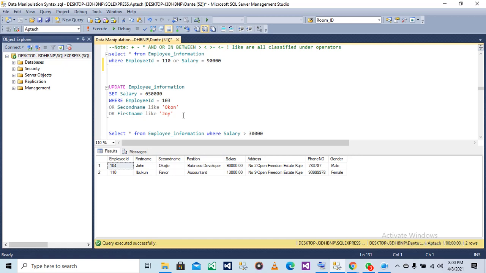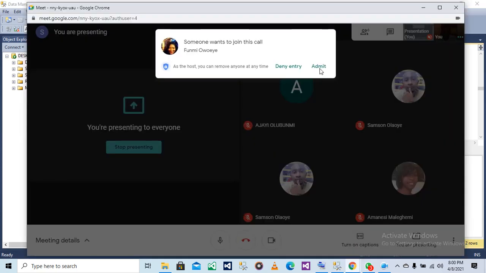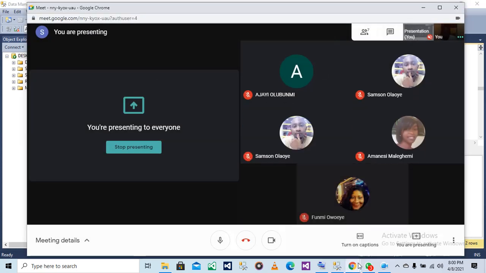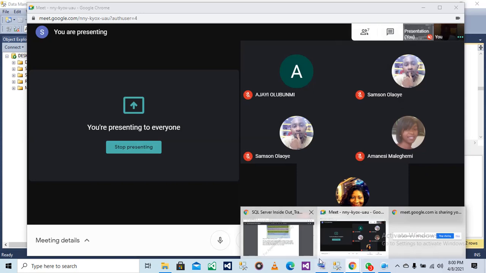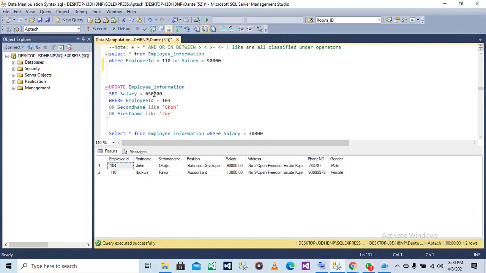So now I'm expecting this statement to make the salary of the employee with ID 103 become 65,000. Then any employee with the second name of Okon, his salary is supposed to be 65,000. Then anyone with first name of Joy, the salary is supposed to be 65,000.